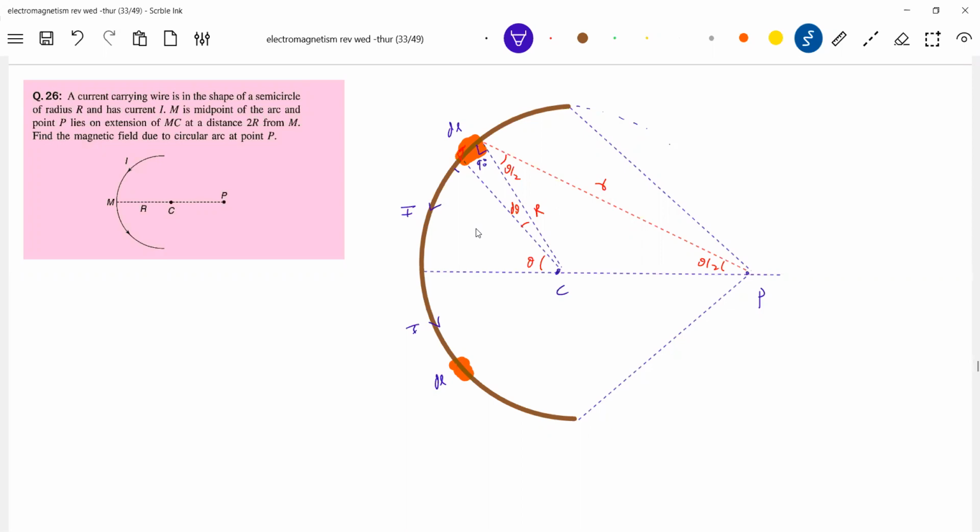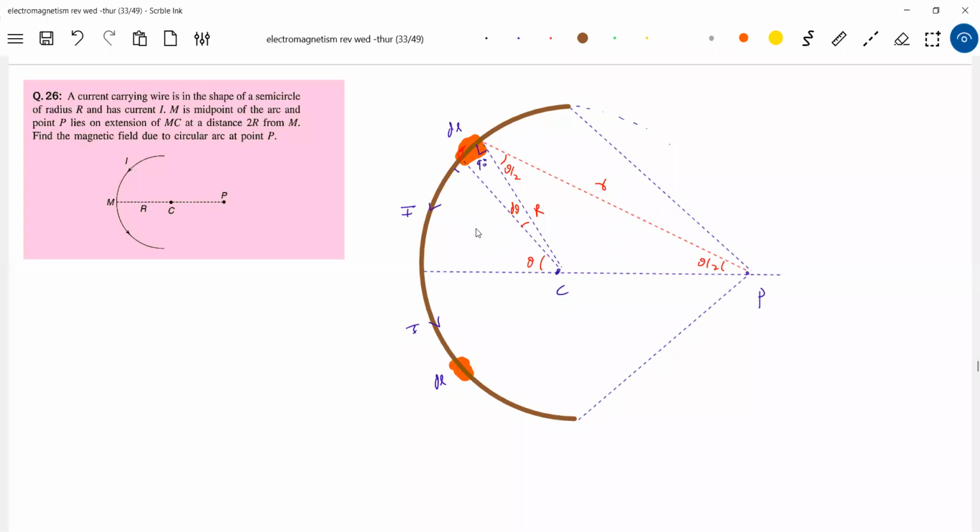So what is the angle between I dl bar and the radius vector? There's a radius vector, no? Or the position vector. So 90 plus theta by 2, I think the problem is solved. I think this was the difficulty you are going to face. If you are calculating at C, then this R bar and the I dl bar will be 90 degrees. So what is the angle between the current element and this position vector? 90 plus theta by 2.